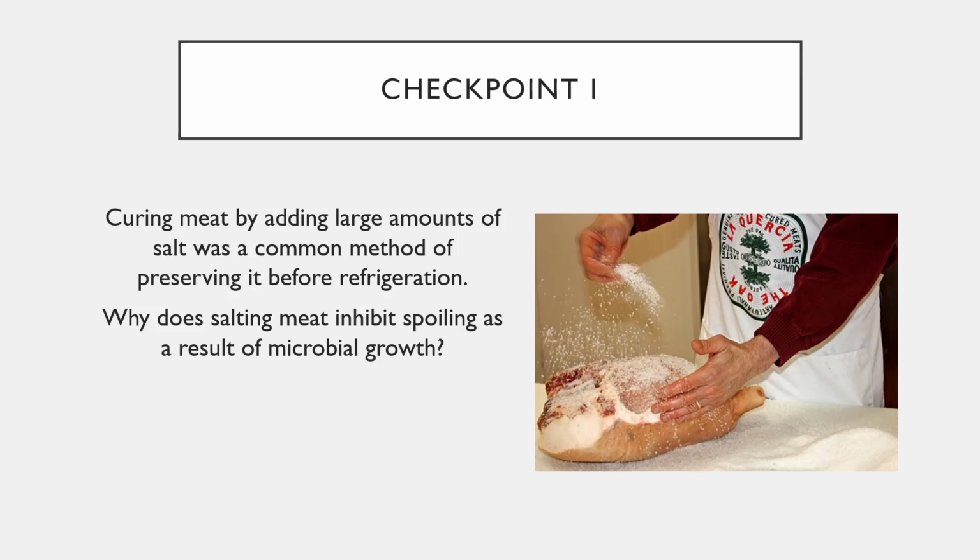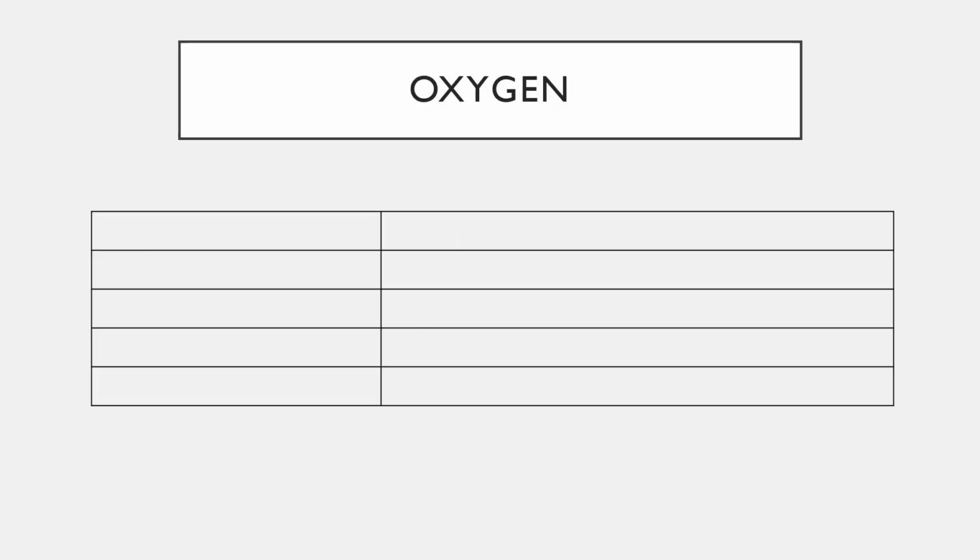So at this point, we have talked about temperature, we have talked about pH, we've talked about osmotic pressure, and now we're going to move on to discussing oxygen requirements. Because unlike animals, not all microscopic organisms require the same amount of oxygen, and in fact, some require no oxygen at all. There are actually 5 different categories of microscopic organisms that we can identify based upon their unique requirements